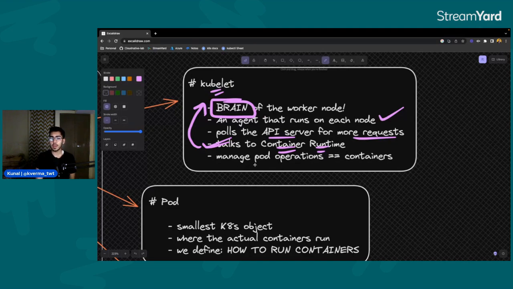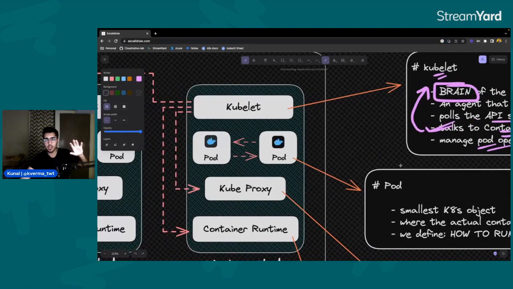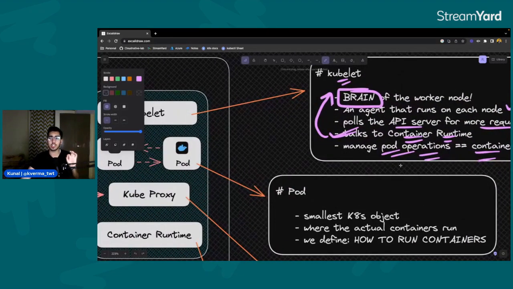Now kubelet also manages all the pod related operations, or equal to your containerized application, all the operations: create, update, delete, everything which is happening inside the worker node related to pods, related to any other components in the worker node that we just saw right here. All the operations are being managed by the kubelet. Essentially, again, it's doing all the brain tasks of the worker node, what our brain does for our body, right?